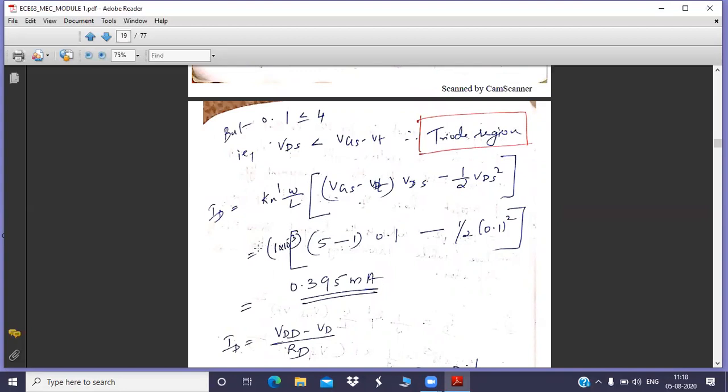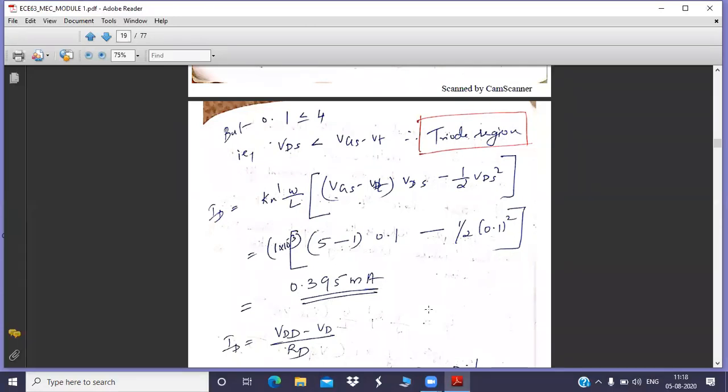Don't put it as such and get the answer wrong. Otherwise, if this is wrong, the further steps, the design steps and all, will be wrong and the answer will also be wrong. You won't get any marks. You will only get the marks for this equation. Final answer marks you will lose. So properly enter the things in the calculator and solve.